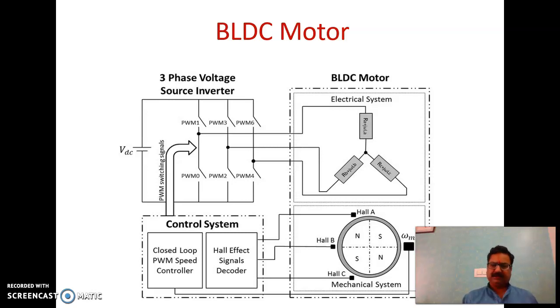Hall effect sensor gives the signal, and the closed loop pulse width modulation speed controller gives the signal to the switches of the electronic converter. That part was discussed in the previous lecture. So now we will discuss the operation principle of this brushless DC motor in this part. So going forward,